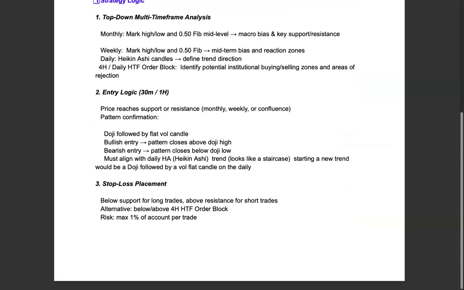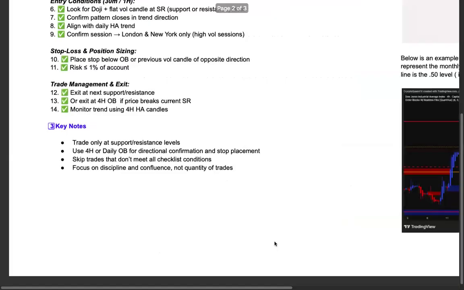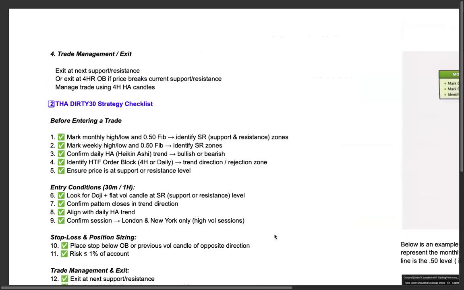Your stop loss should be below the resistance for shorts, or above the support. Or the alternative stop loss will be above the previous engulfing candle. And you only want to risk